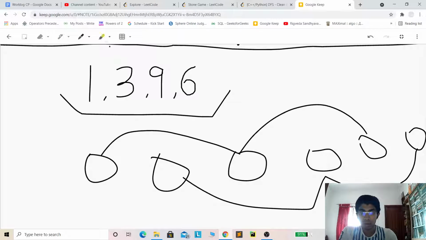So he'll choose 1, and in the next move, even if Lee chooses 6, Alex can choose 9 in his second move. So that is how he has pre-calculated the sum of the values. The sum of 1 plus 9 is greater than the sum of 3 plus 6. So 10 is greater than 9.